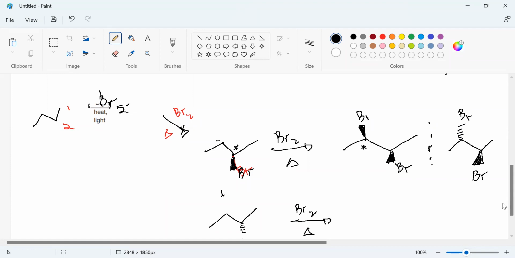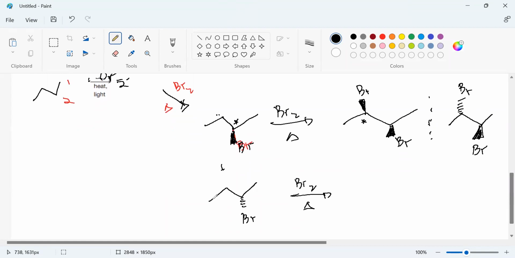And of course you have the one from before. So if one is R, the other is S, we don't know. So this is Br, and since you produce a chiral center here, it can either be